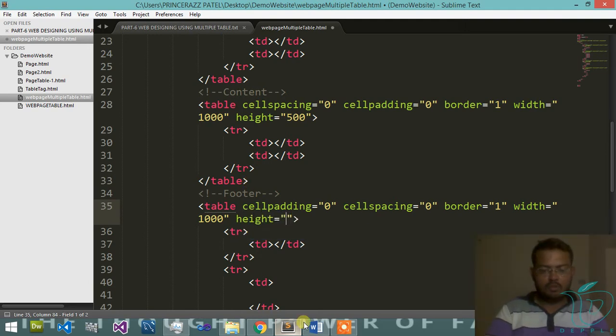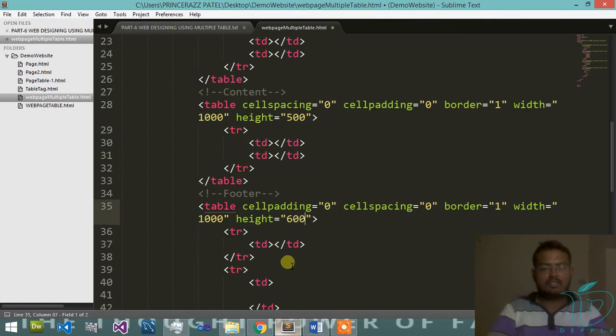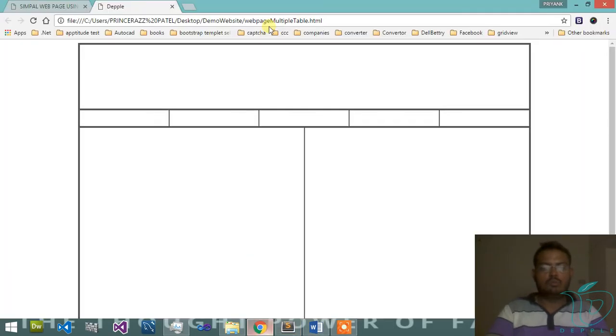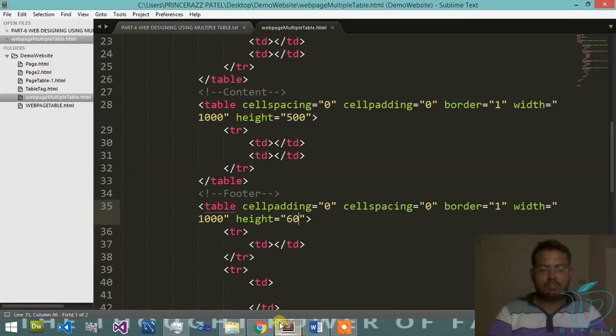One row has 40 pixels, then after the second row I provide 30 pixels, then the total height is 60. So we can see a footer look like this, but in the first row I want 5 columns,